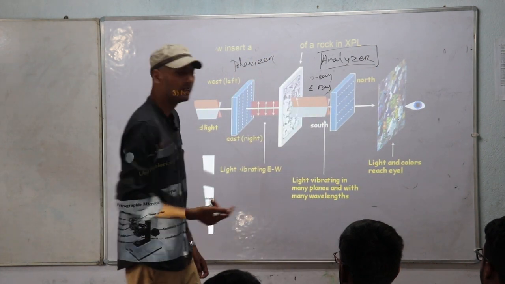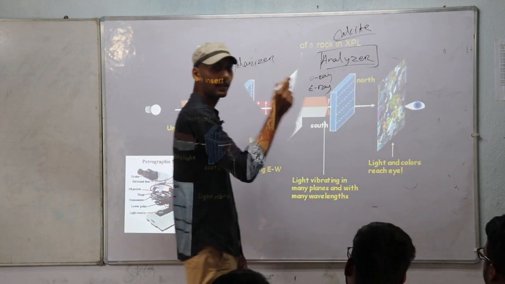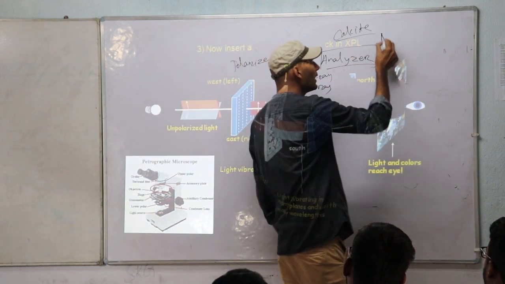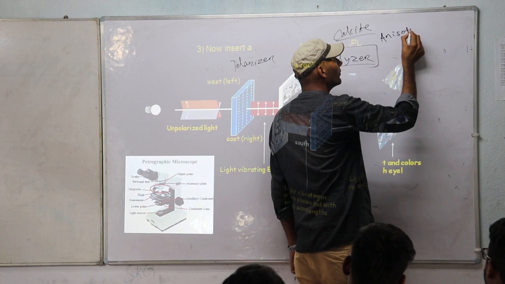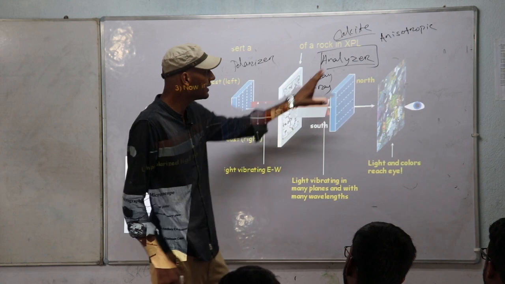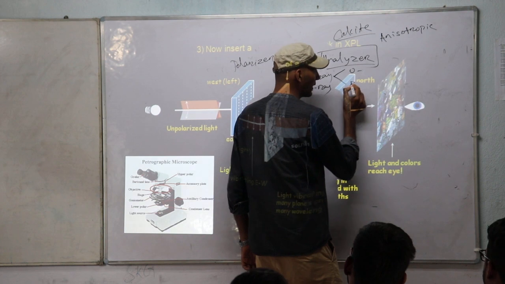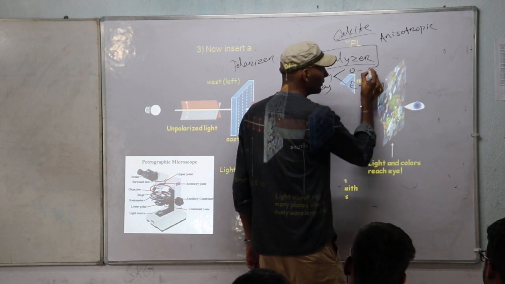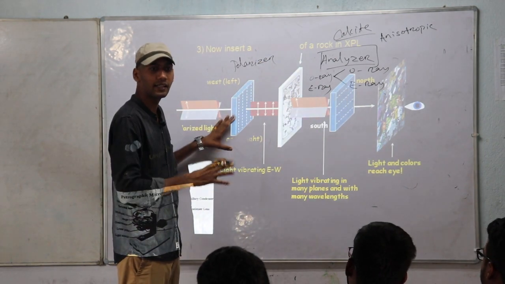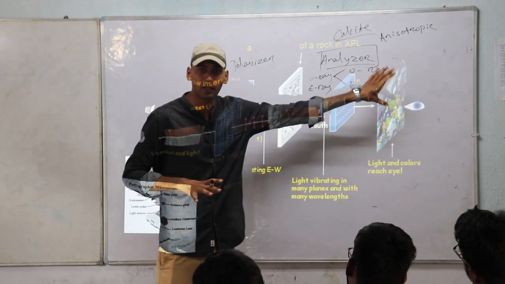What is within the analyzer? Calcite. Is calcite isotropic or anisotropic? Calcite is an anisotropic mineral again. So this O ray and E ray again enter the calcite, and again the O ray splits up into one ordinary and one extraordinary. Got that? That's why I told you in the previous case that ordinary and extraordinary are not names. They are components that are given according to their behavior.